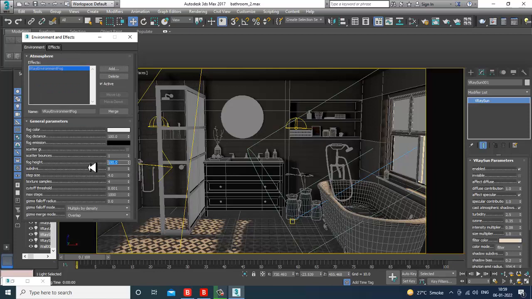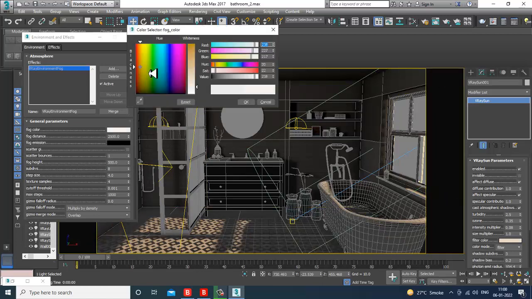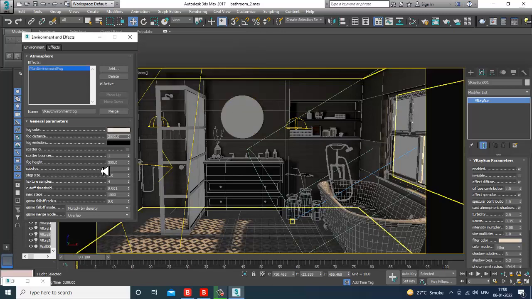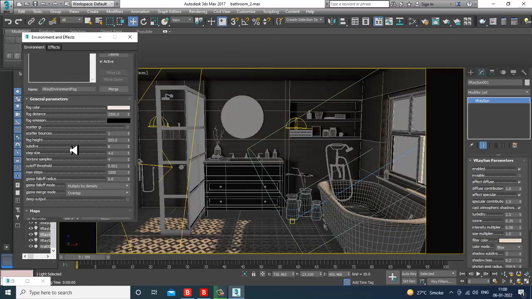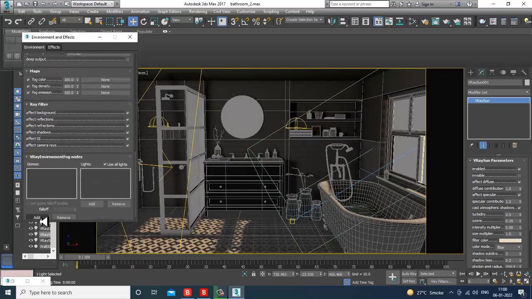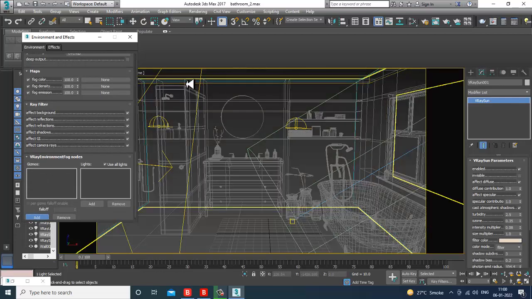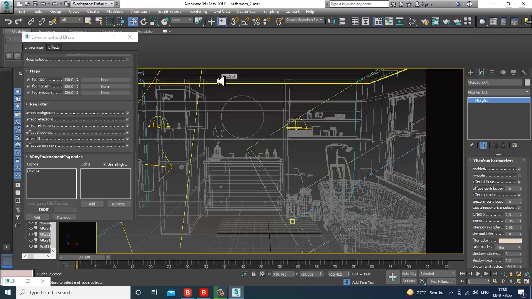So now you can adjust the fog height, fog distance, subdivisions. Now add a gizmo. So you need to add a gizmo.